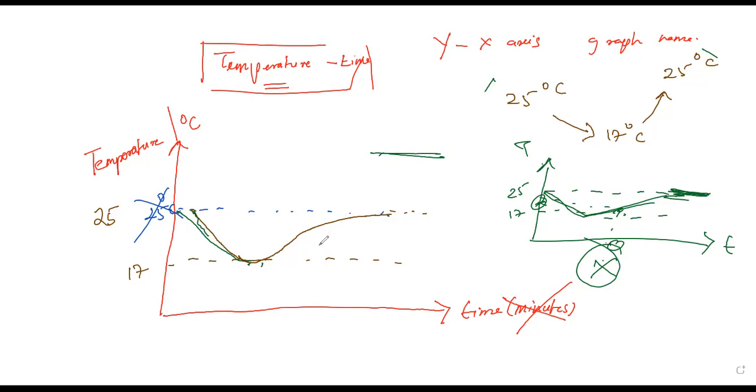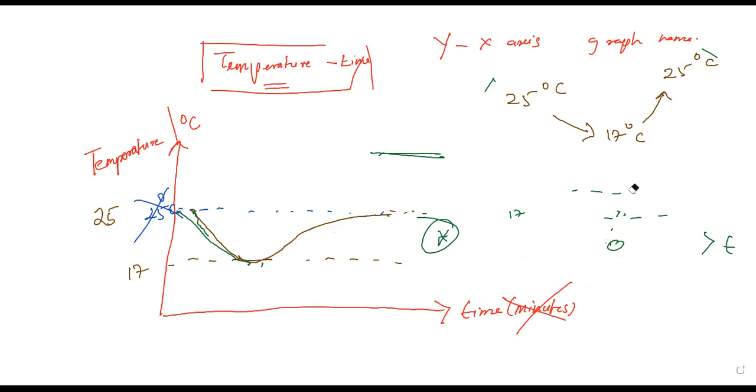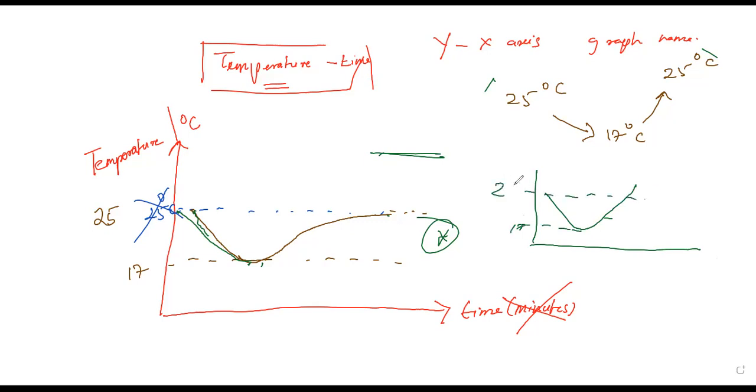Did you all understand? And another thing, this is one possibility. I just want to ask about another possibility. Give me a second. Why can't you get a graph like this? This is your 17, this is your 35. Why can't you get a graph like this? This is also wrong.